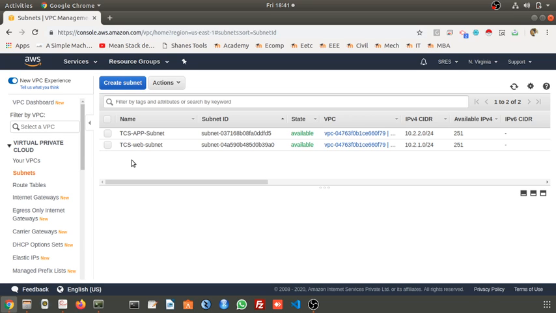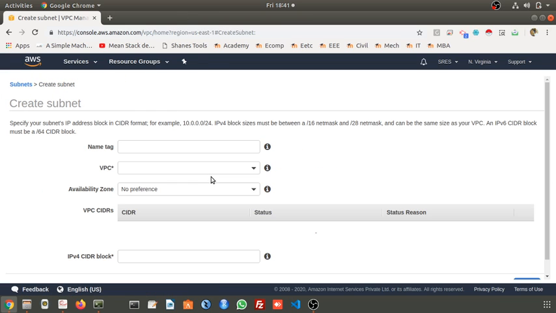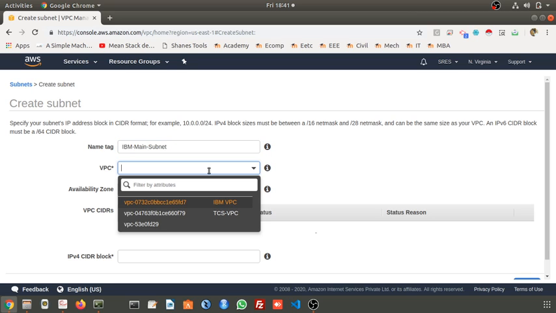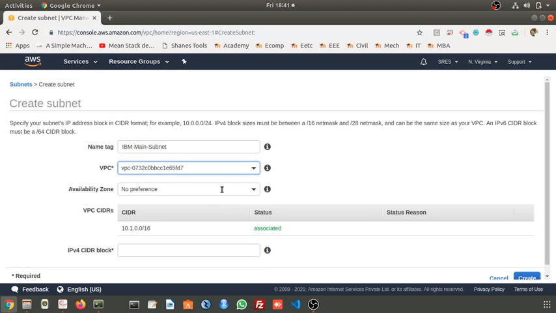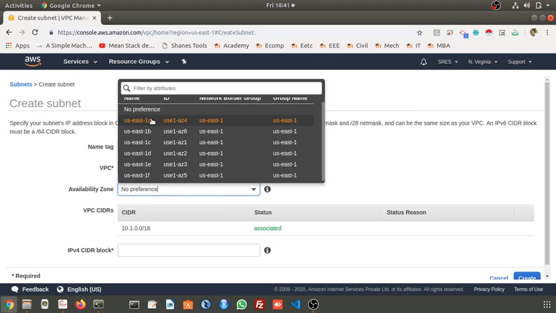Already two subnets are there, connected to the TCS, but I want to create a new subnet. I will name it IBM main subnet, connect it to this IBM VPC, and place it in this one availability zone only.